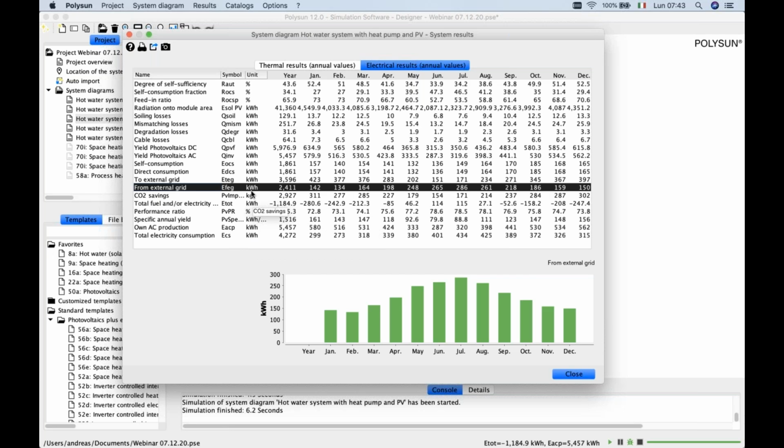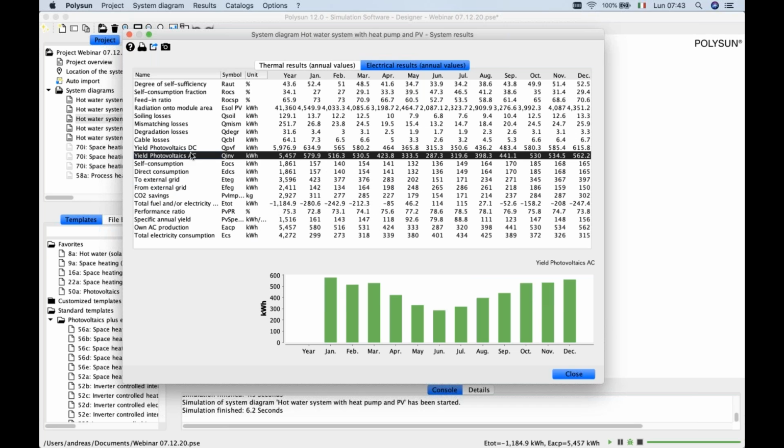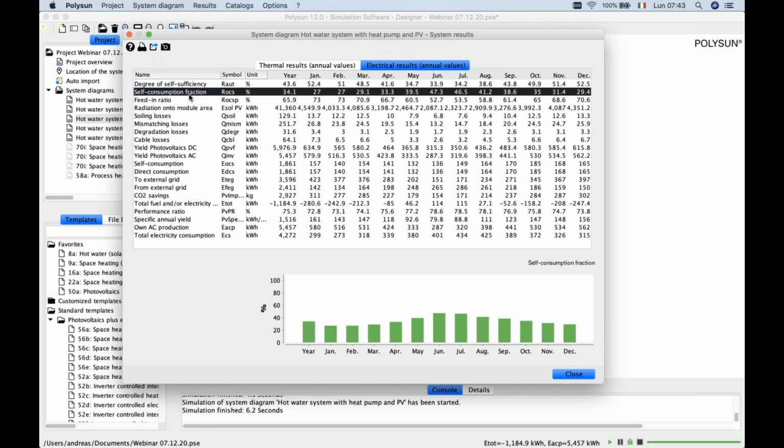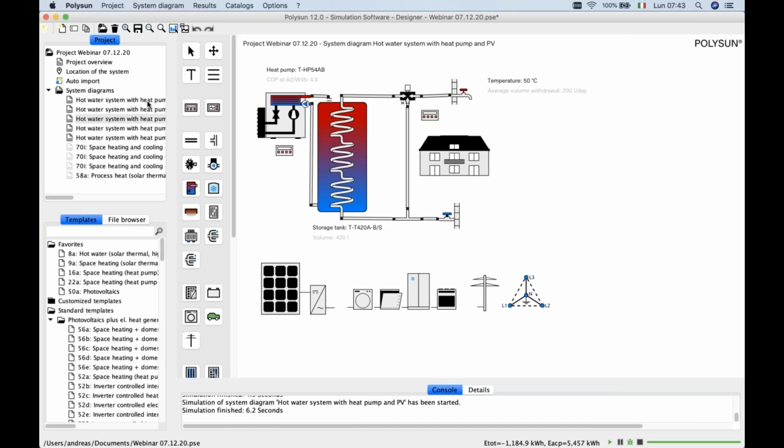We can also compare the total yield which we have, how much is self-consumption, and then we have the self-consumption fraction, which is this value. So if I may add one own thing here, sorry, to put some Australian context in here,